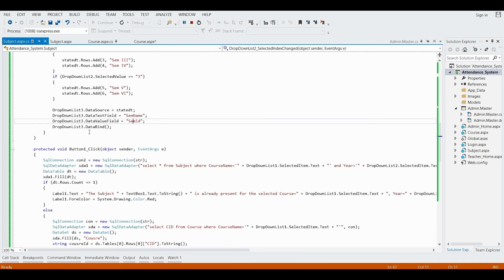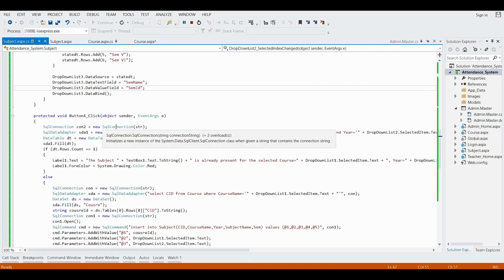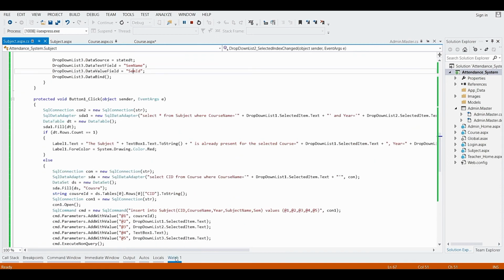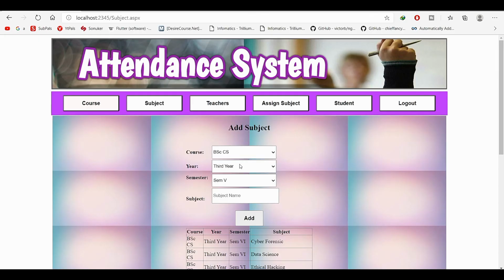Now we have to bind that by using the data bind function to the drop down list 3. Okay. So we have seen this semester drop down list also. Based on the selected year, the semester will display.